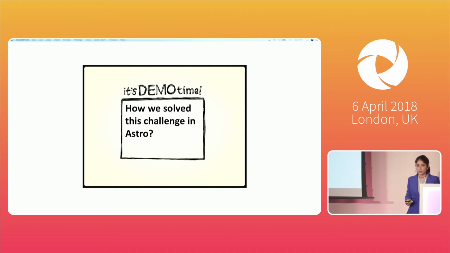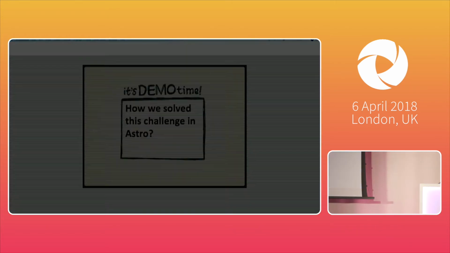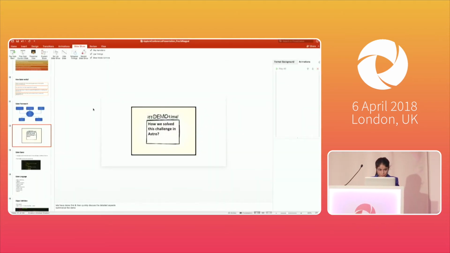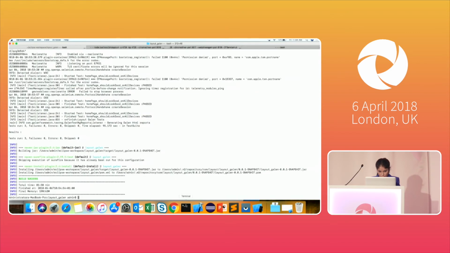Let's have a quick demo of how we test responsive websites at Astro. I have attached a mobile device, which I have mirrored here, and I'll quickly run my test scripts.